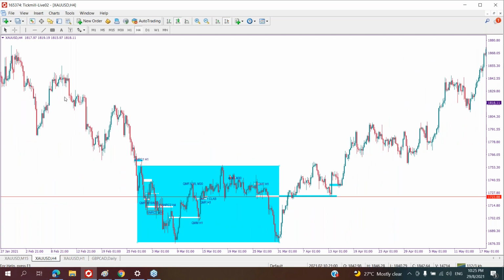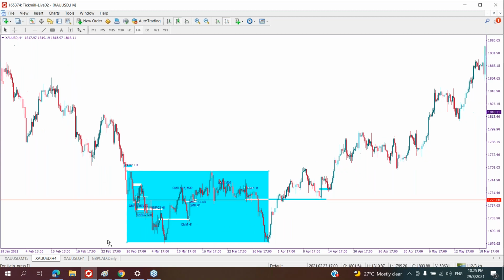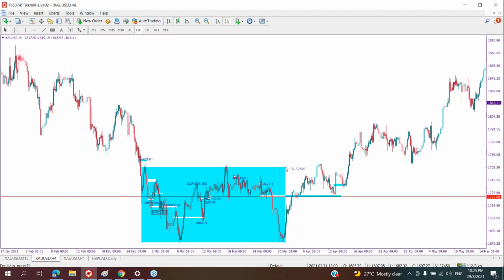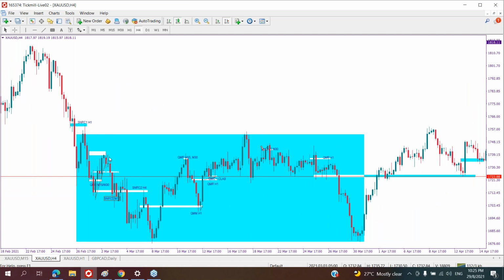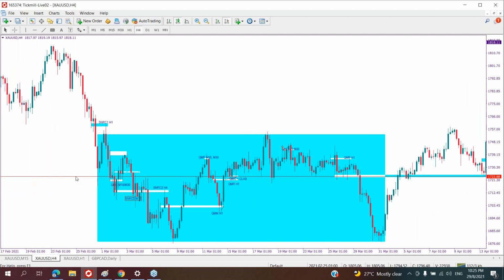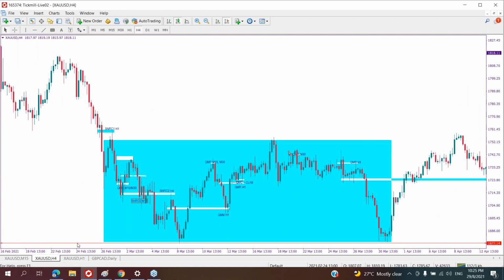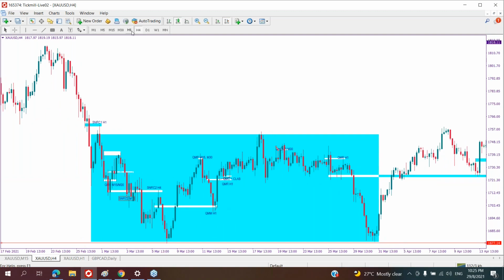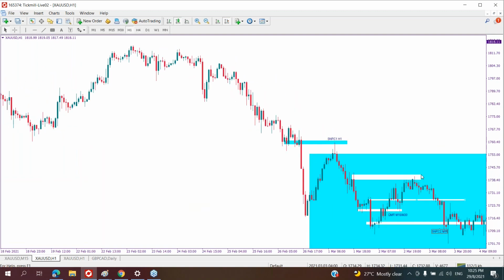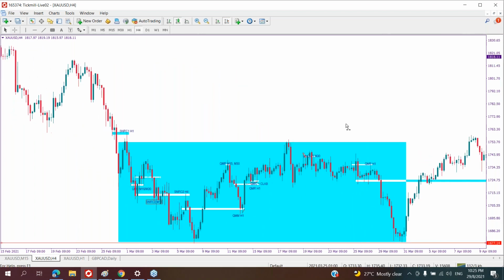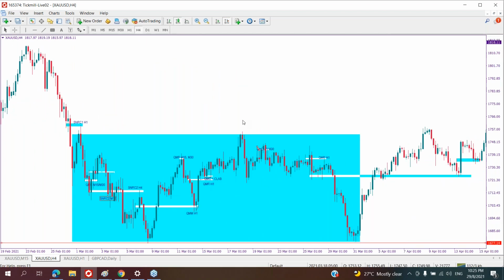Price making downtrend, and then price making sideways, and then price making uptrend. So we can see here, price making sideways. This is the month that I compound. Okay, this is H4 sideways. You can see. And why I chose H4 sideways, because